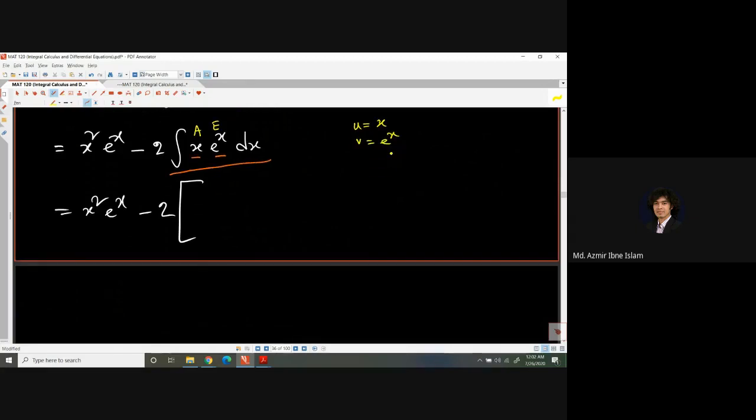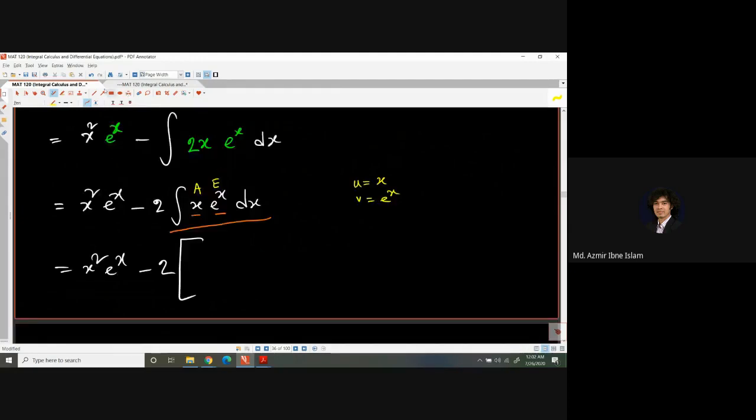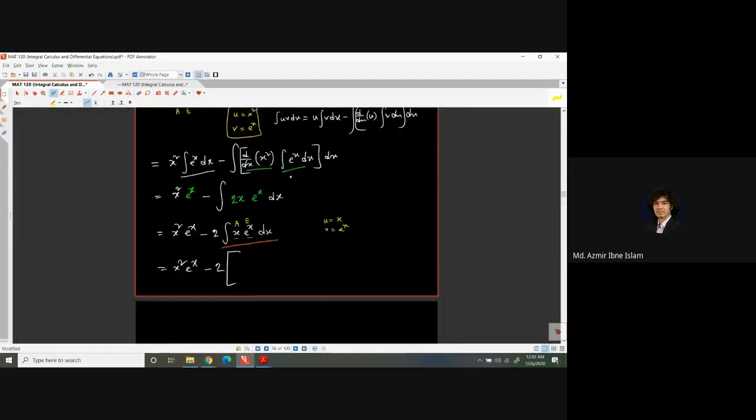So let's try to apply integration by parts again. So integration by parts means u times the integration of v, negative the differentiation of u times the integration of v,